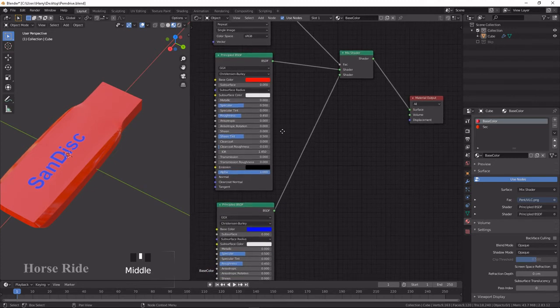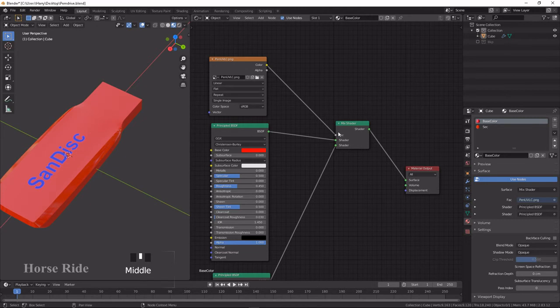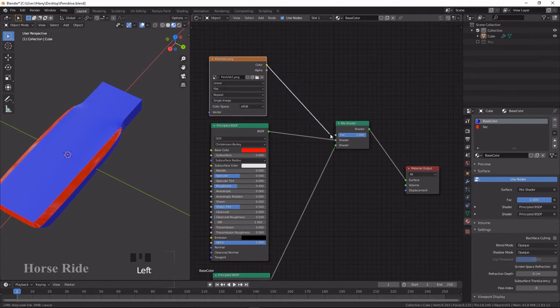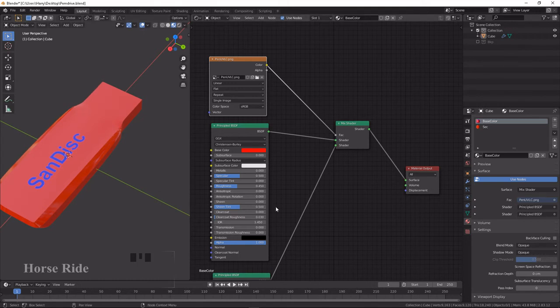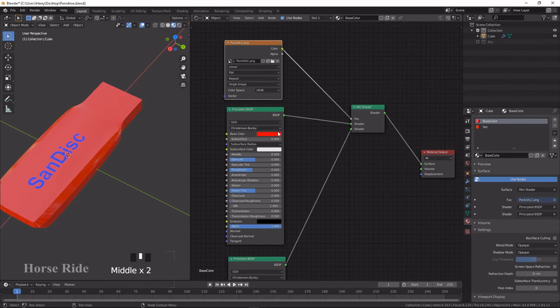White corresponds to 1, and black goes to 0. So that's the reason, when I connected the texture created in white, only that particular thing is showing as blue and the other one is showing as red.